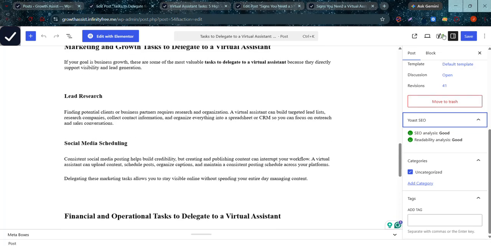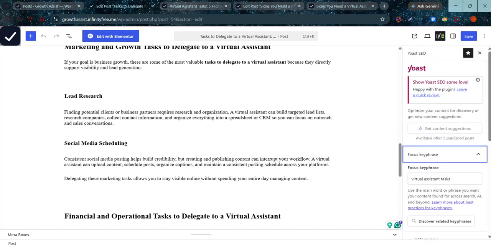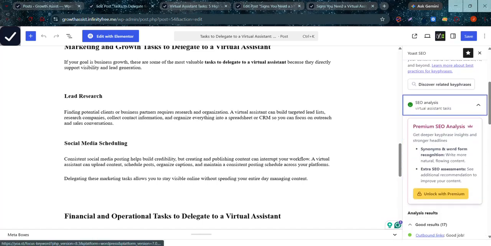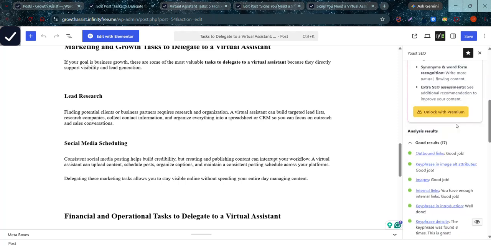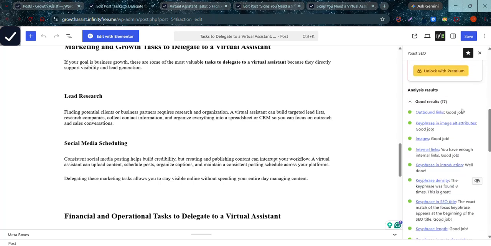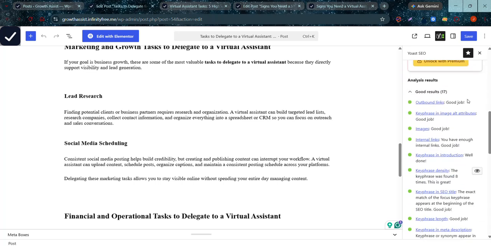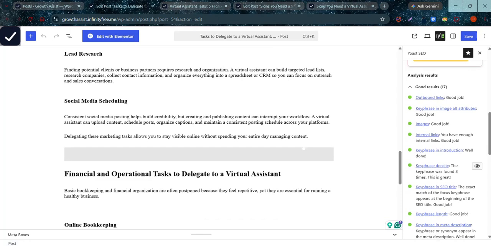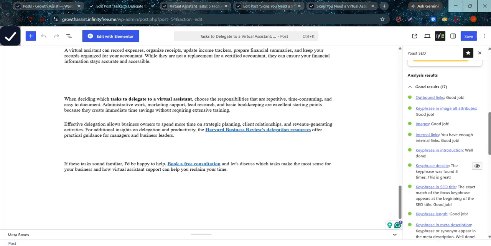Here you can see I have enabled the Yoast plugin. In this plugin, you can find out if your SEO has good results. Here you can see that all of the results of the analysis are good. Here is the outbound link, or the external link, which is this one.